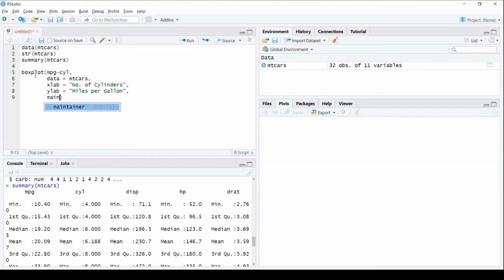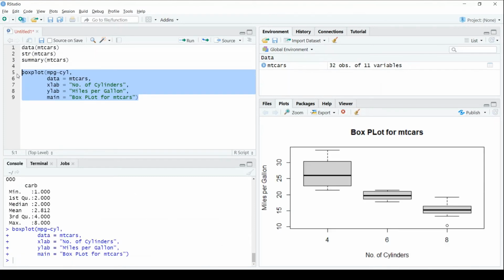And the title for the chart. Okay, right. So these are some basic parameters. We'll see some more. First we'll execute this.